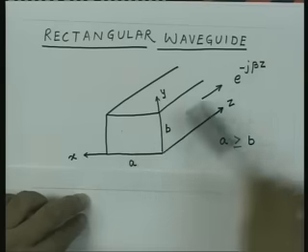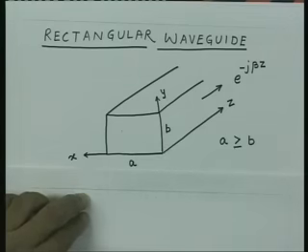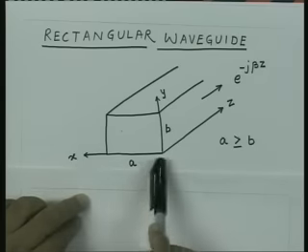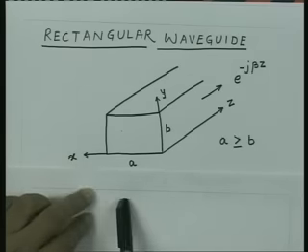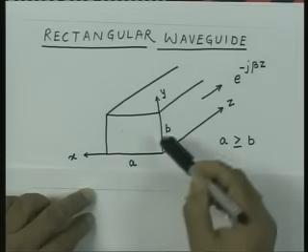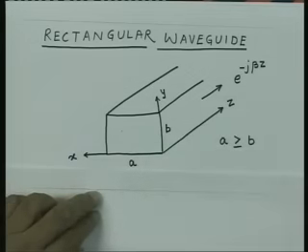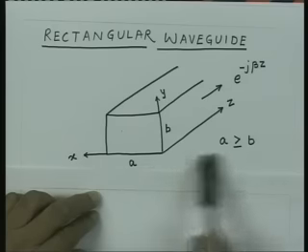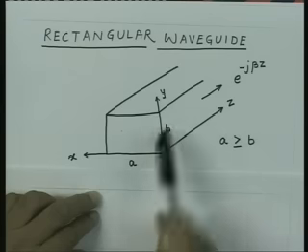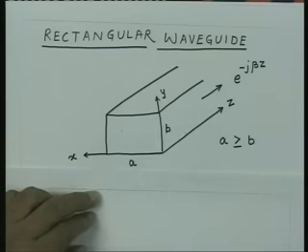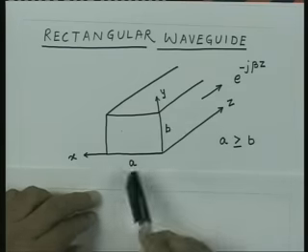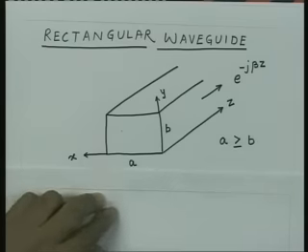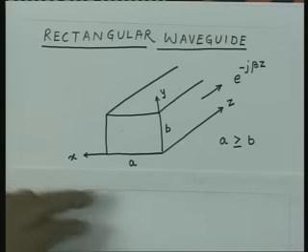The energy flows along the length of this pipe, and then we oriented the coordinate system such that the x axis is along the broader dimension of this waveguide and the y axis is along the shorter dimension, and then by definition we took this a, which is greater than or equal to b, which is the height of the waveguide. And then by solving the wave equation, essentially we got the expression for the electric and magnetic fields,